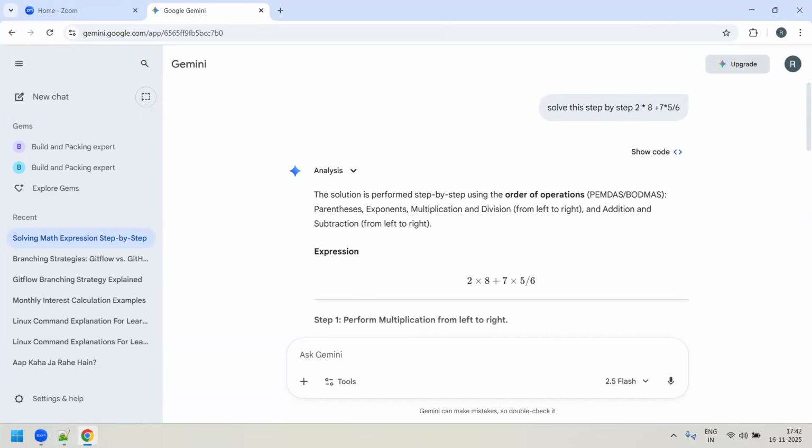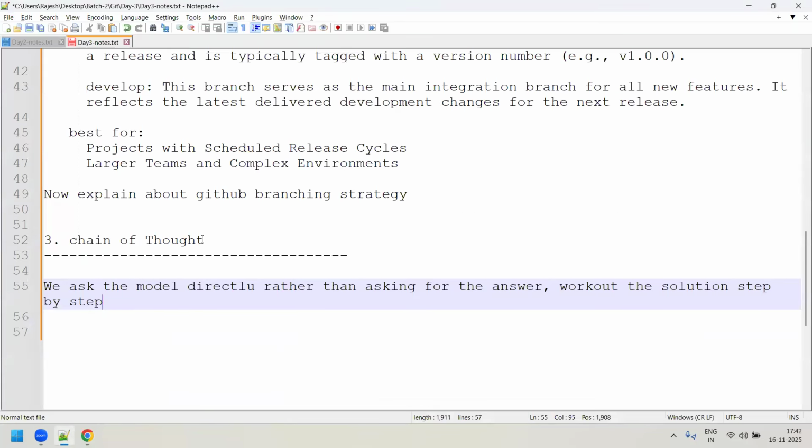Then it will elaborately explain what exactly you have to do for creating the IAM roles, or for creating a VPC, or for creating a DynamoDB. Anything you ask this AI, you need to ask in the step by step manner. Step by step is nothing but a chain of thought, we say.